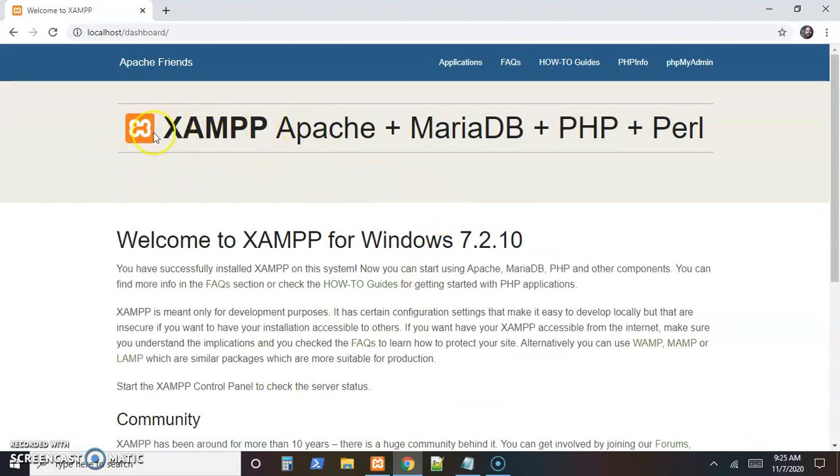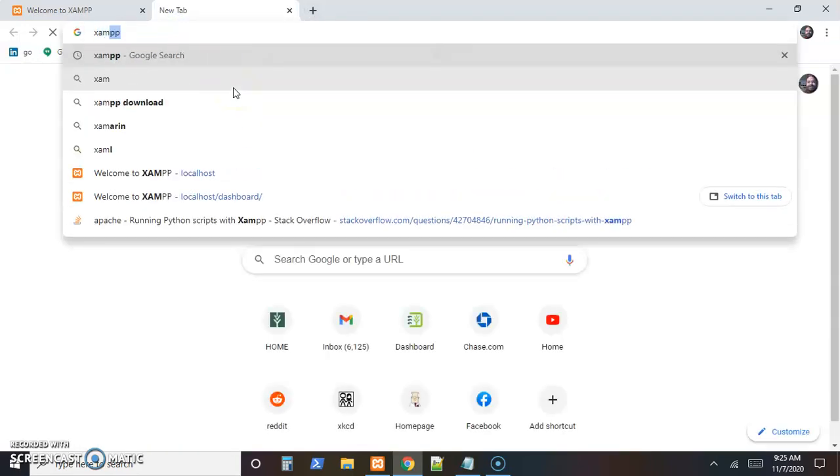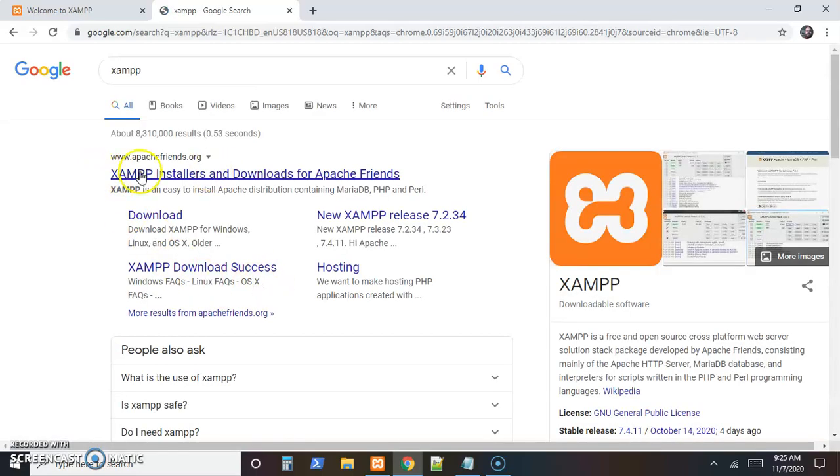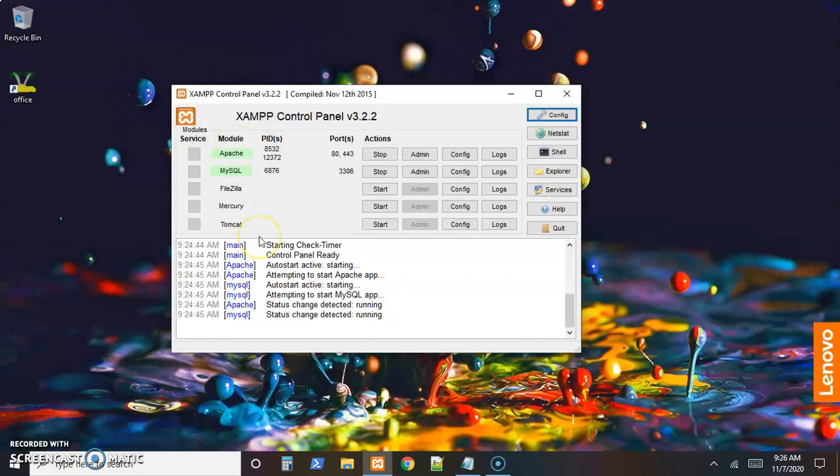If you don't have one installed and would like one, it's very useful for testing things. I'm a big fan of this one, XAMPP. You can just search for that in Google. Just open a tab, search for XAMPP, and one of the top results should be an installer and all of that stuff. So just go through those steps, get it installed on your machine, and then to run Python on it, we